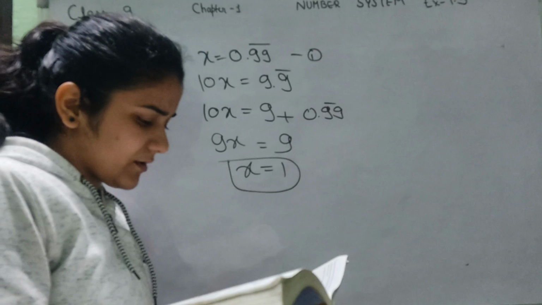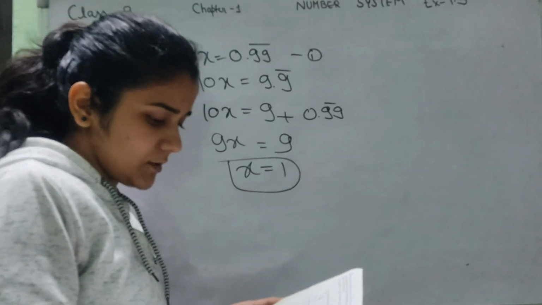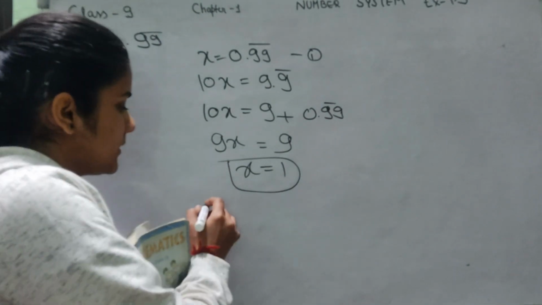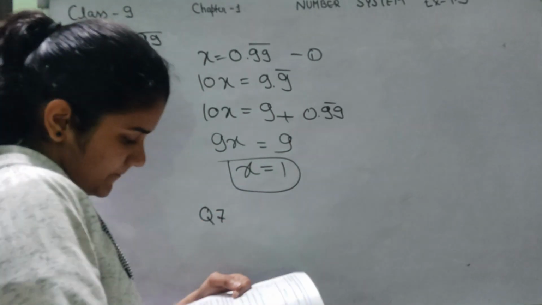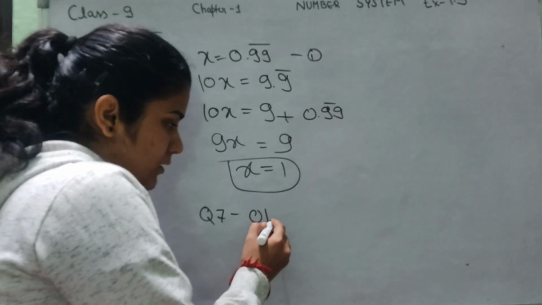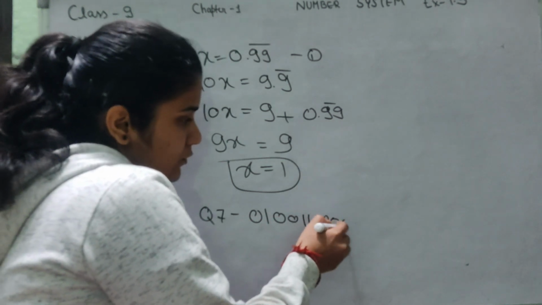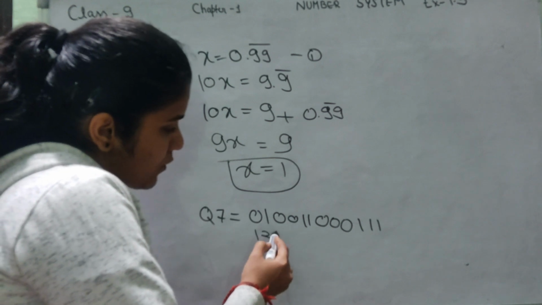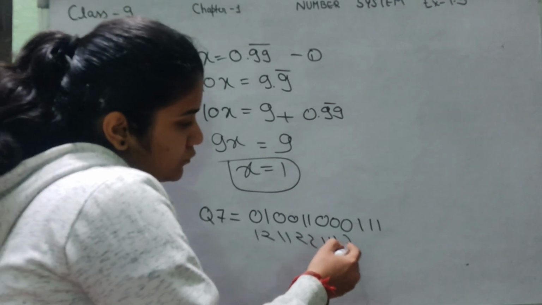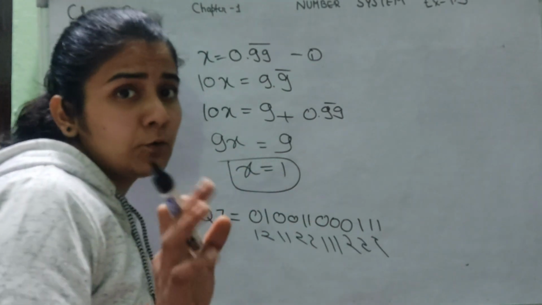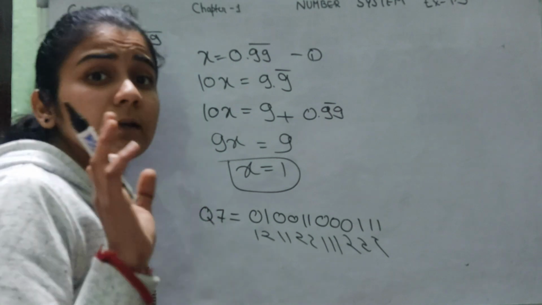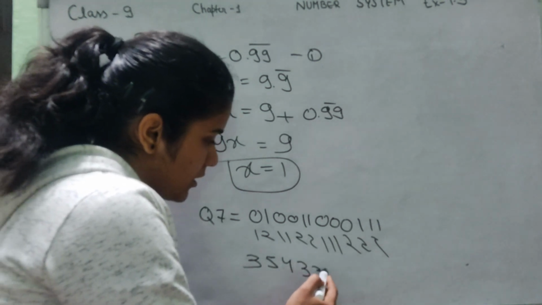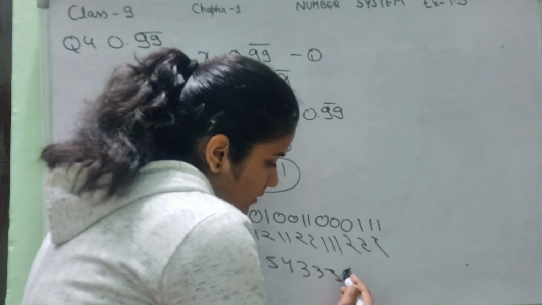Okay. Question number 7. Write 3 numbers whose decimal expressions are non-terminating and non-recurring. कोई भी मन से 3 एक्सप्रेशन ले सकते हैं, नॉन टर्मिनेटिंग एंड नॉन रिपीटिंग। कुछ भी लिख सकते हैं, 0.1001100011 ऐसे, नॉन टर्मिनेटिंग नॉन रिपीटिंग। ओके, फर्स्ट हो गया। अब लिख दो 0.121122111222, ऐसे। नॉन टर्मिनेटिंग और नॉन रिपीटिंग होनी चाहिए। मैंने आपको कॉन्सेप्ट पहले समझा दिया। तीसरा कुछ भी लिख दीजिए, 0.3543355555, मेक इट 12 डिजिट, ओके।